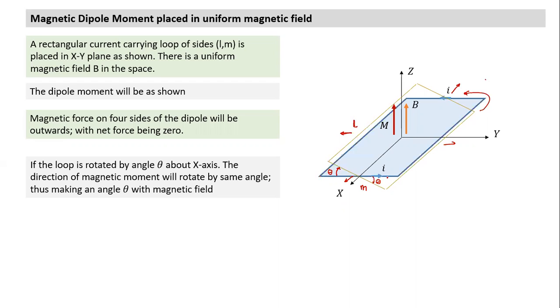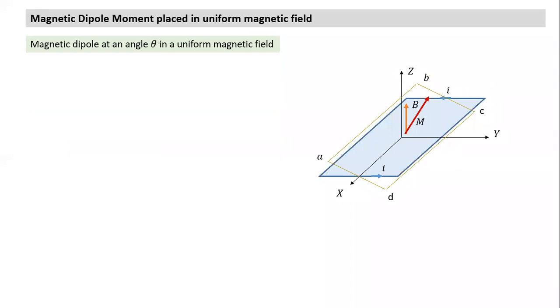This has gone below the XY plane. So what is happening? The force here is also acting in the horizontal, in a direction parallel to the XY plane, but it is above the XY plane. The force acting on this side of the loop is below the XY plane. So forces are not acting in the same plane. Forces are not collinear. So let's try and understand what is happening. So the loop is tilted by angle theta. And if you understand the derivation, it's much better. If you don't understand, at least understand how to apply and how to make use of this application.